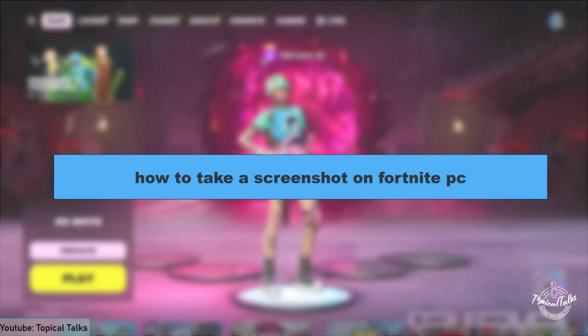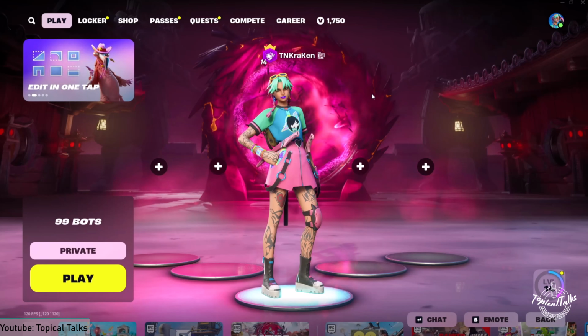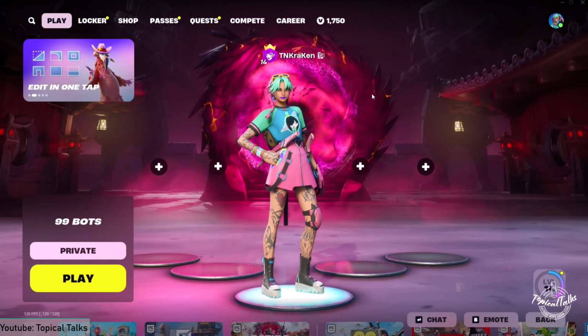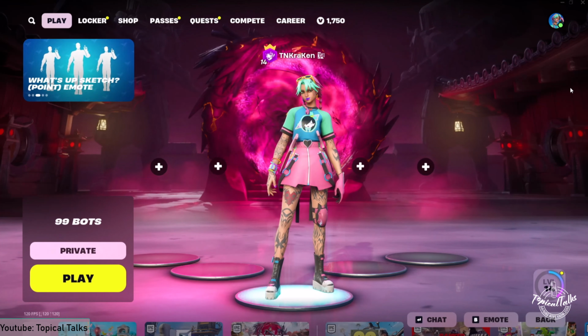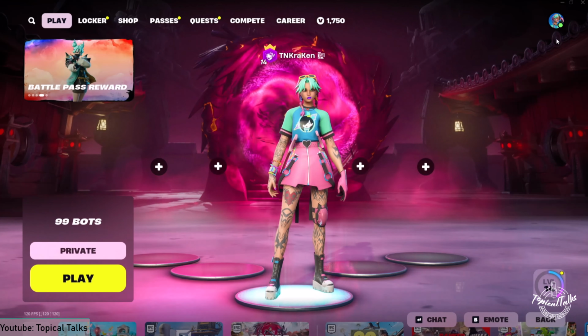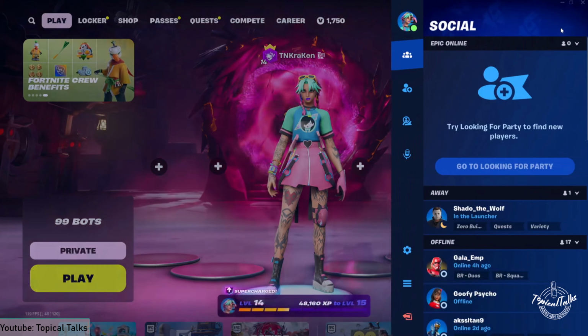In this video, we will learn how to take a screenshot on Fortnite. So taking a screenshot in Fortnite is extremely simple. In order to do that, all you need to do is make sure that we have certain settings right in Fortnite. To check it out, we'll press on our profile button from the top right hand side of our screen,